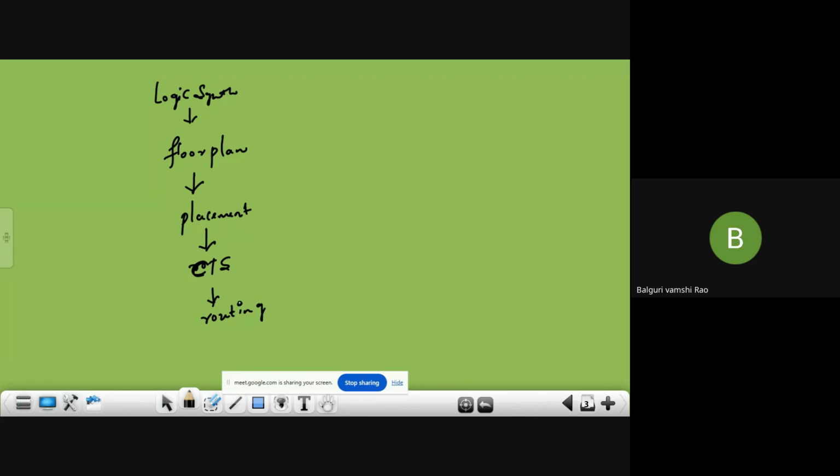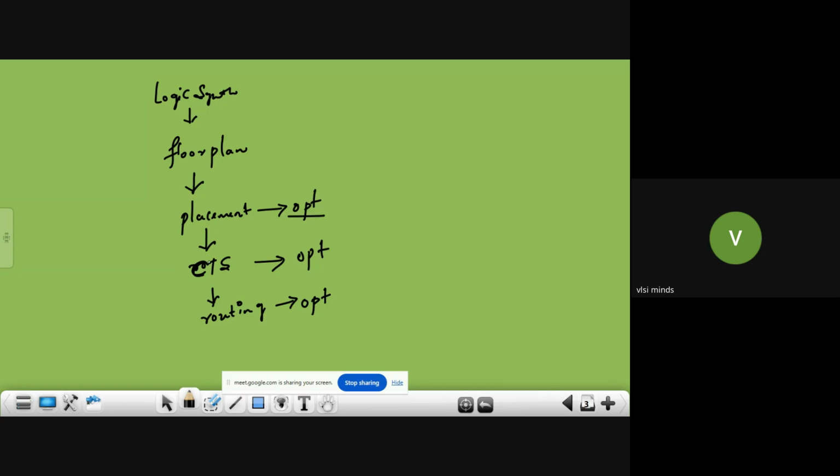Yes, sir. See, the reason is, placement has optimization techniques, correct? CTS has optimization techniques. Routing has optimization techniques. So what type of optimization will your placement tool do? During placement optimization, the tool will do better placement to reduce the routing length. The tool will fix DRV, so max cap and max transition violations. The tool will fix setup and hold violations by swapping the cells, HVT to LVT, RVT, like that.